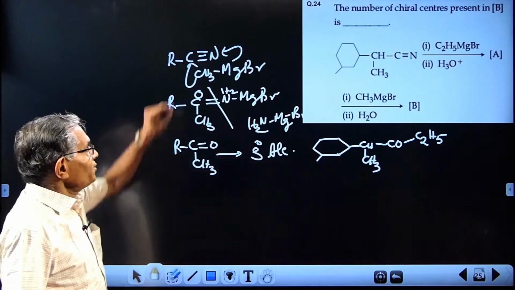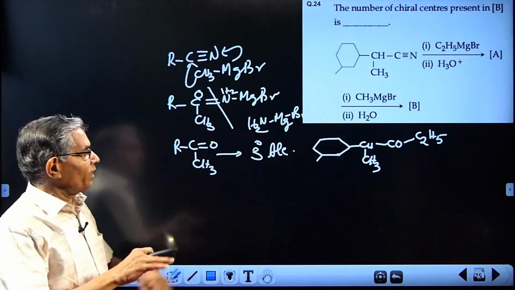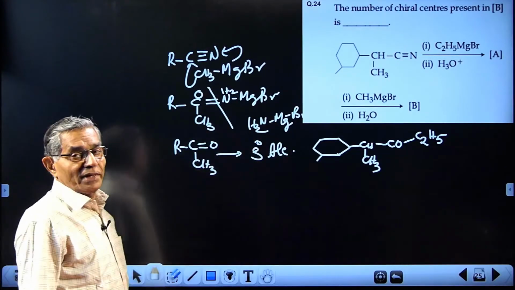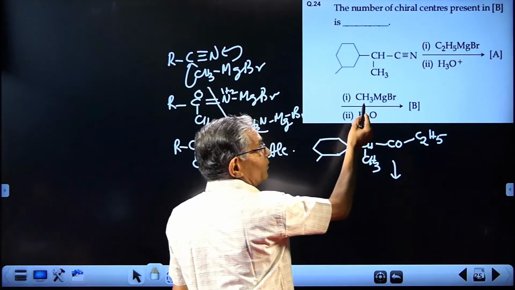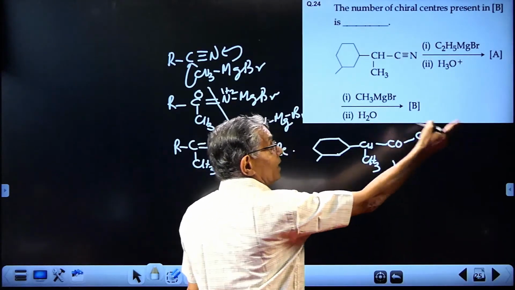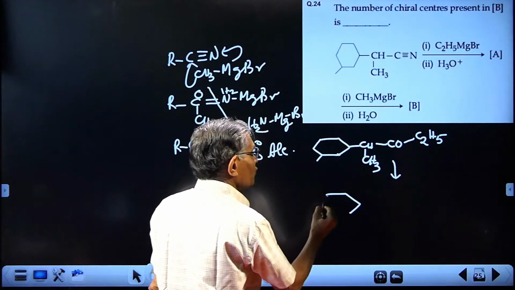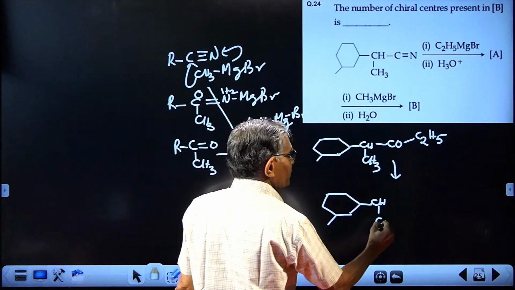So if you study this step by heart, cyanide, Grignard reagent reaction, product hydrolysis, if it is a ketone, directly you can apply the step. And the next step will be again reacting with a methyl magnesium bromide Grignard reagent. So the tertiary alcohol obtained will be this one. Tertiary alcohol obtained will be CHCS3 followed by